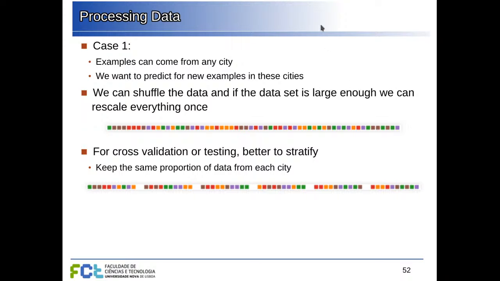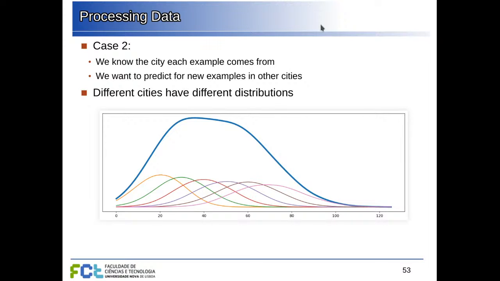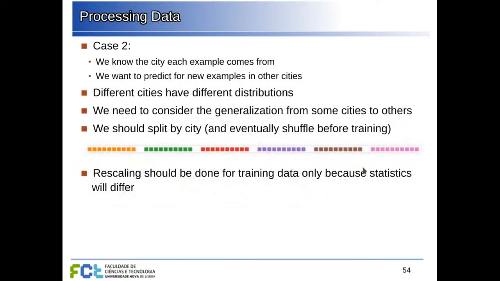But now suppose that we have a different problem. We want to train our system, our predictor, for example, for a regression, with data from a set of cities, and we want to predict for new examples in other cities. This means that our model, or our hypothesis at the end, must be able to generalize from one city to other cities. In this case, since different cities have different distributions, we need to be careful to not shuffle all the